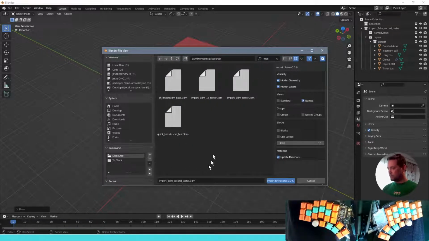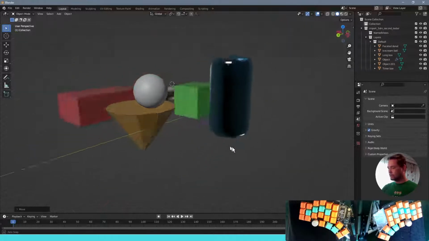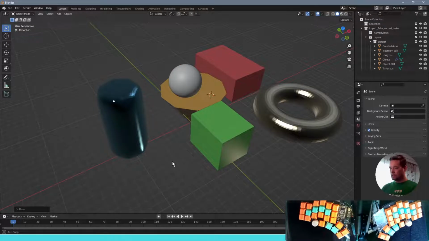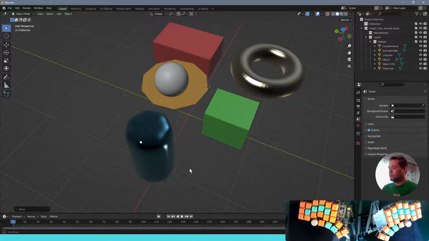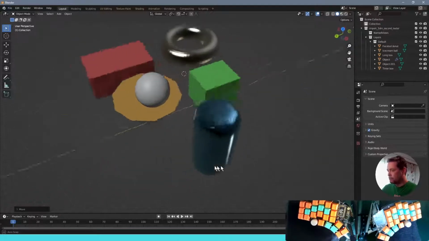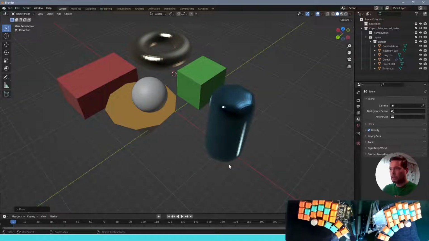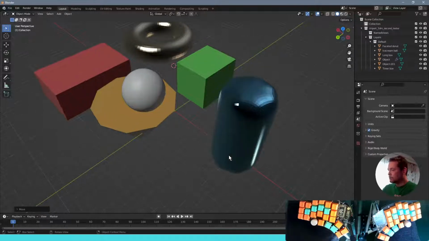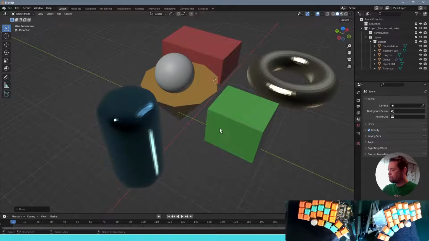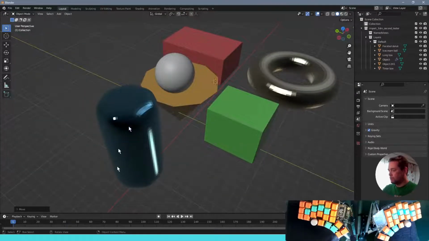It says already here import 3DM second tester, but I don't know. I feel a bit uncomfortable to press just import the file without actually selecting it in here. Oh, look at that, it's actually importing it. At the moment we don't have proper access to the material description as they are in the 3DM file. So the translation is currently not as good as it could be. You look, this paint looks too much like a metallic